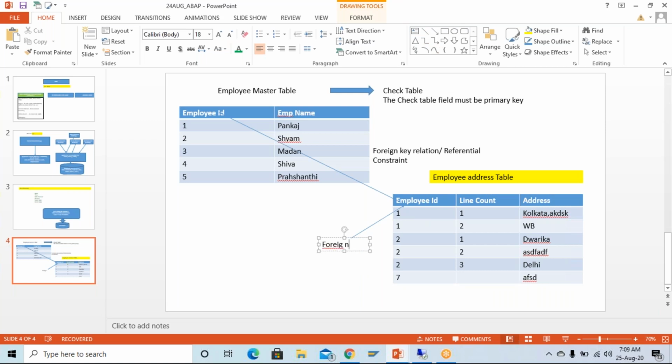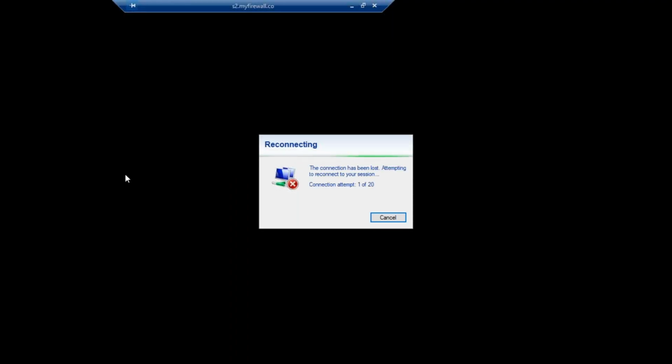So these are some terminology, but to stop the invalid value, we use the check table relationship. Here also